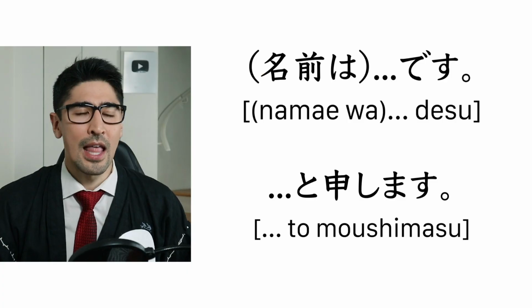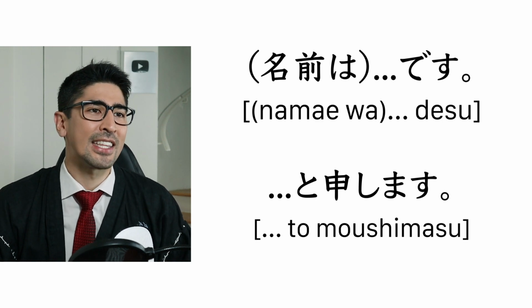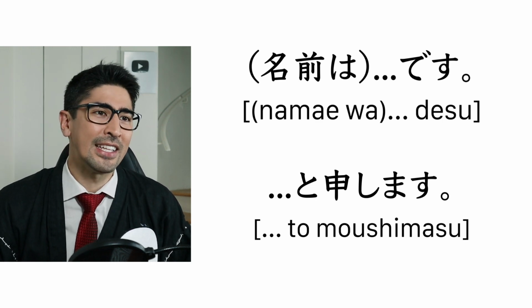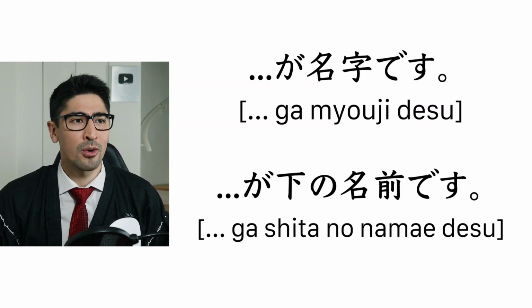Alright, so let's recap the main sentences we've studied to give your name. 名前は高秀です. 上坂高秀です。上坂高秀と申します。上坂が名字です。高秀が下の名前です。